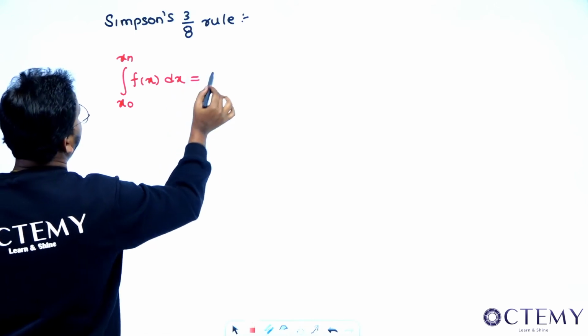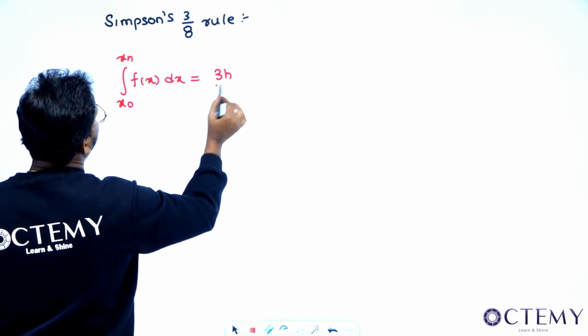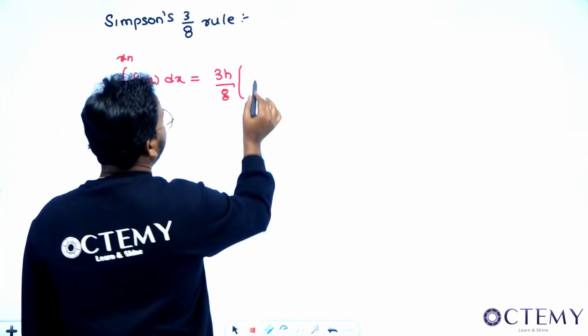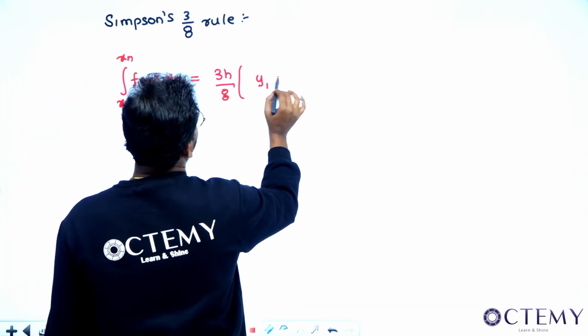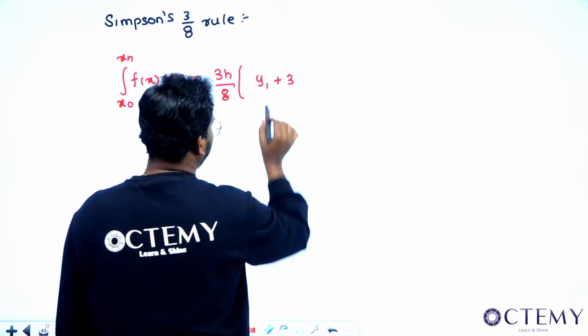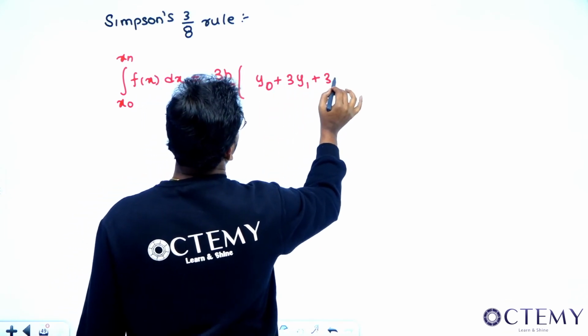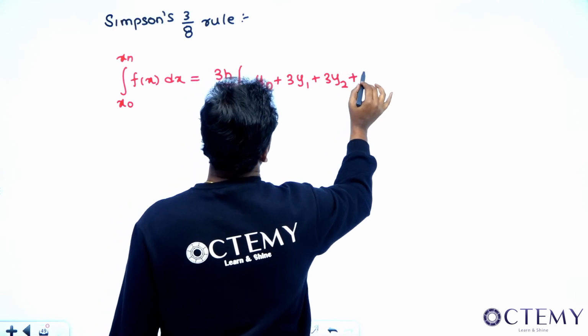The formula is very simple, sir: 3h by 8. See how to remember this. It will become y0 plus 3 y1 plus 3 y2 plus y3,